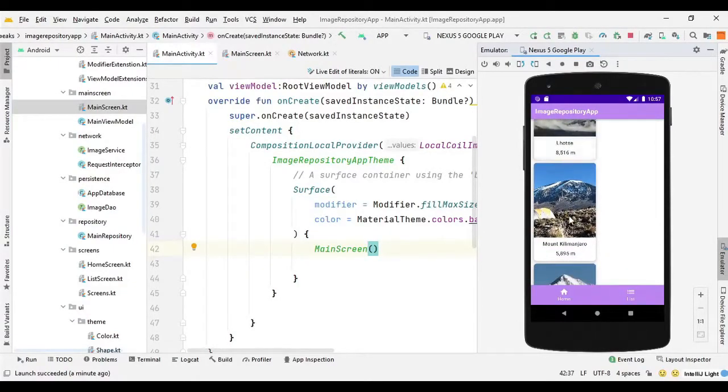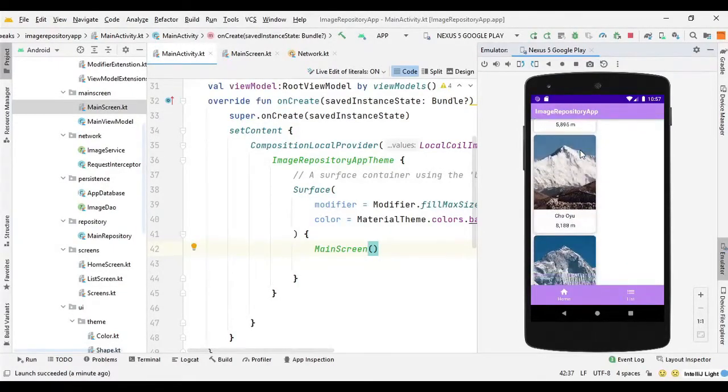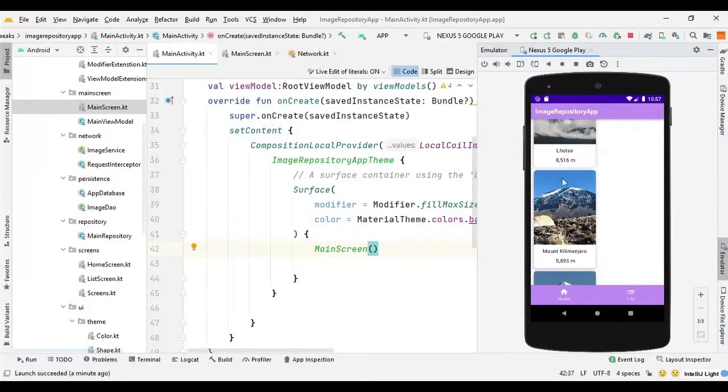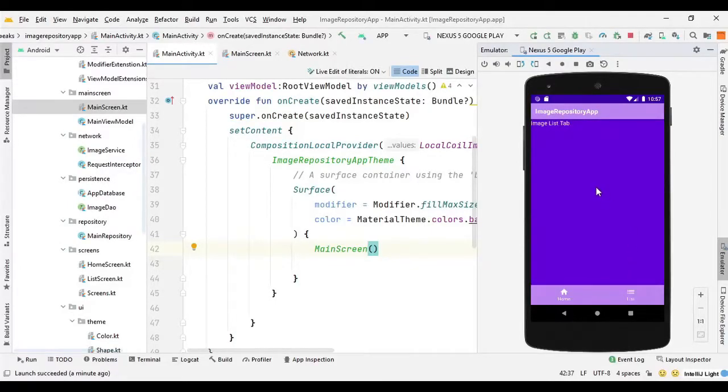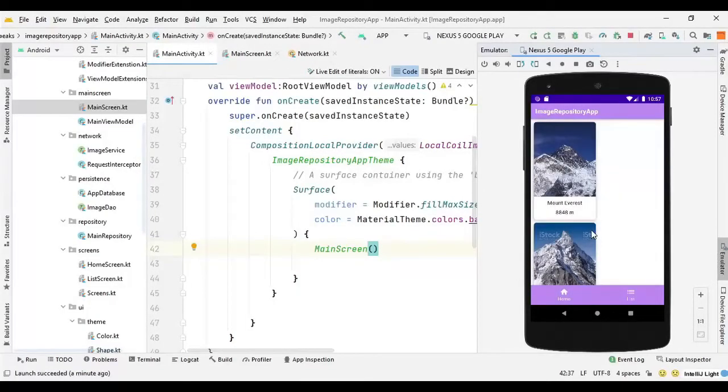In the next section we will be fixing this issue to fix our grid, and we can also switch to the list tab. So I can click here. You can see I have not put anything inside the list screen, so I just put this message, image list tab. So in the next section we will fix our staggered vertical grid to display the images properly, and I will see you in the next section.